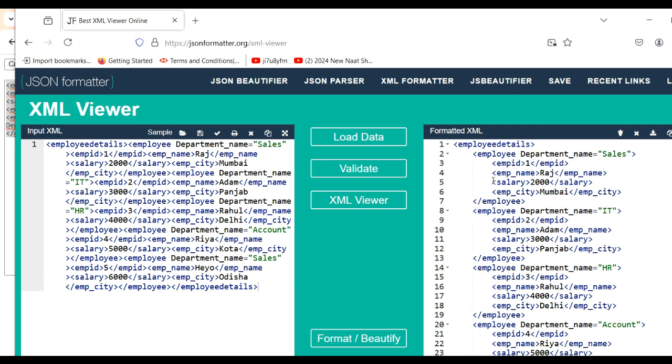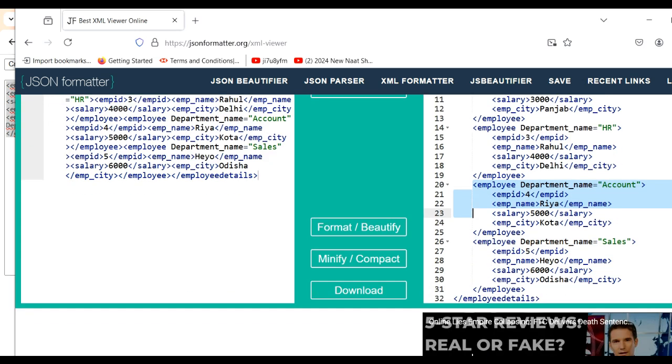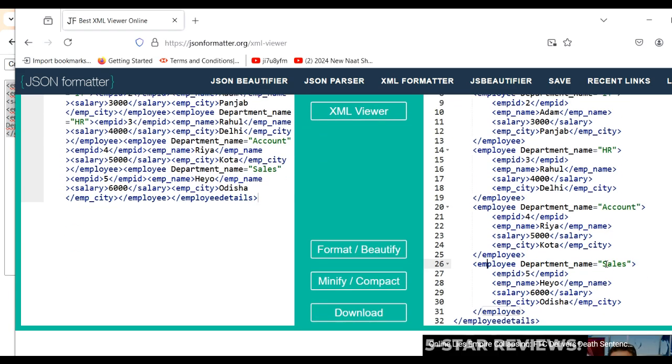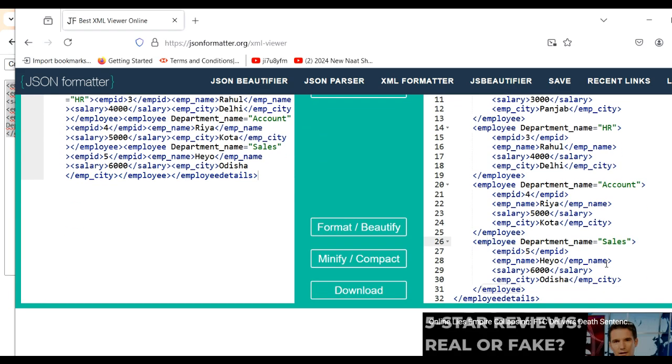Also the main motive here is to add the attribute in the XML. So you can see the root element employee details, and in the employee tags you can see department name sales. This is the first record. In the second record, department name equal to IT. In the third record, department name equal to HR. And in the fourth, department name equal to account. And in the fifth record, department name equal to sales. So this is the way you can add attributes in XML created from the database